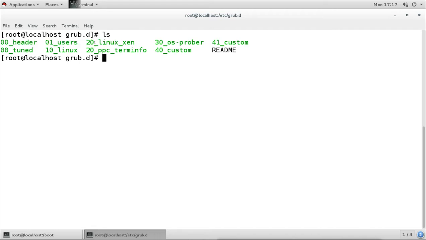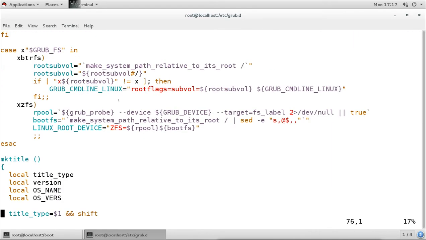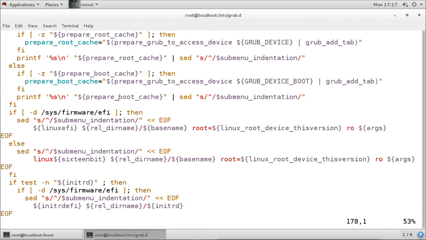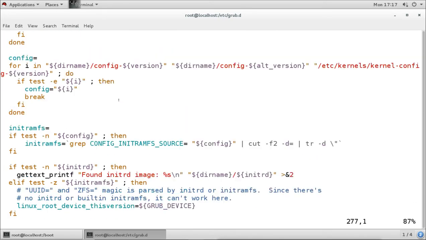For example, the menu entry is coming from this file. So let's check the file to see what menu entries are coming, and I will try to change something. It is also a script which is generating that menu entry. Now it can also be difficult for us if you don't understand the scripting.